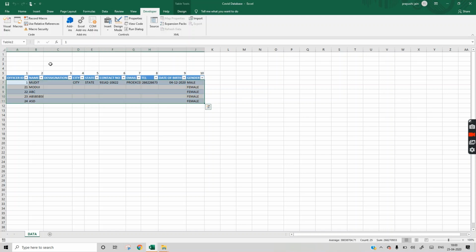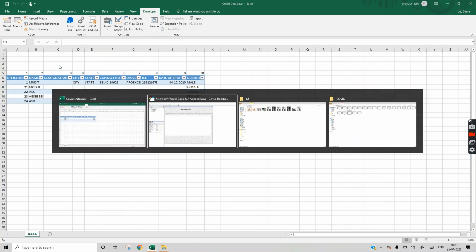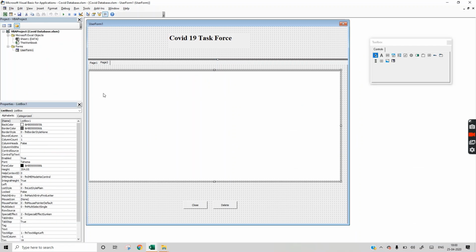So this is table 2. We will select this list box 1 and row source. In row source we will write table 2.